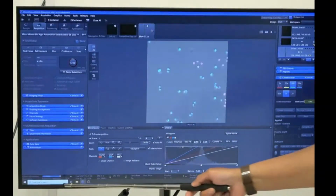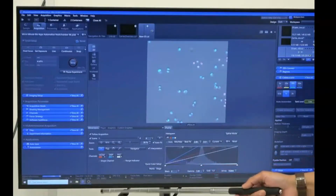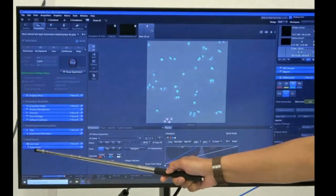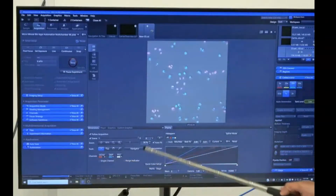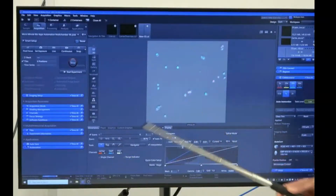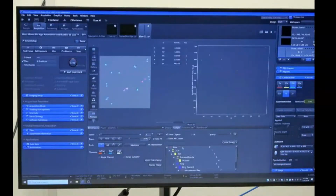So let it finish acquiring all of the images in the 6 positions, and then once it does that, what I have here is in the automation tab, I have a macro that will automatically apply an analysis setting on this image and give me a count of the H2B YFP positive nuclei. So it applied the analysis routine,